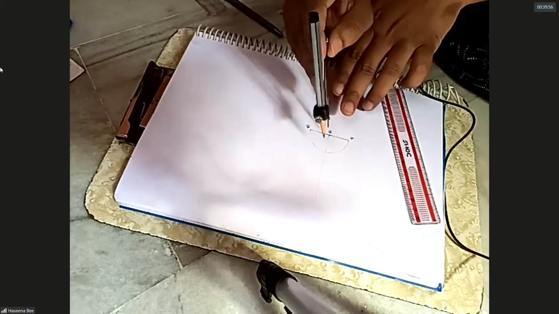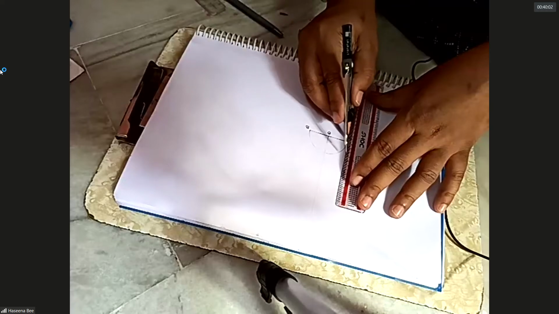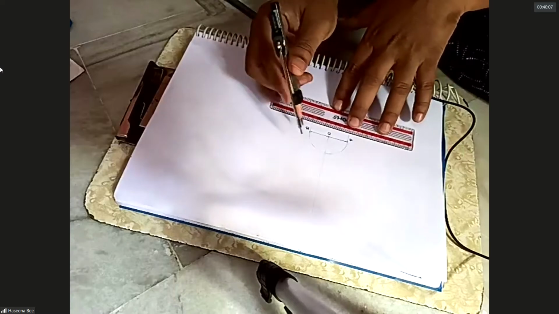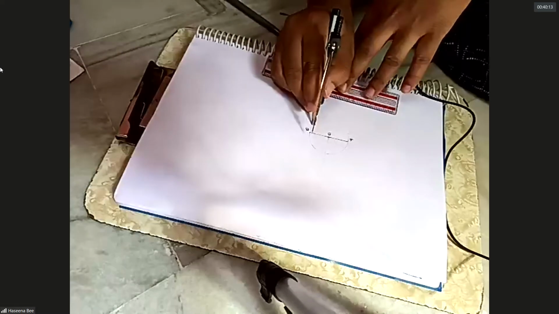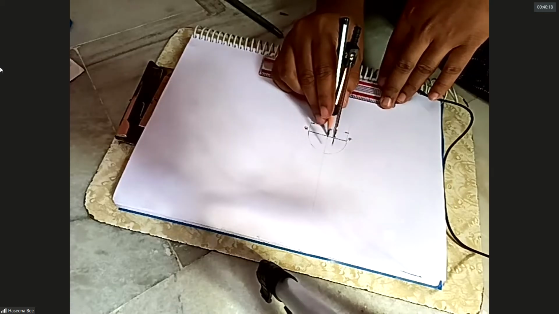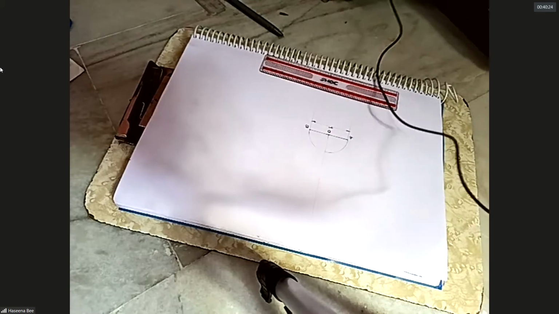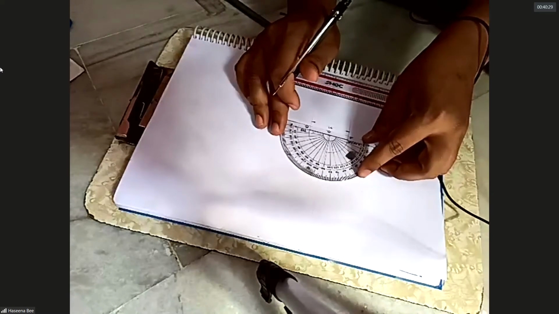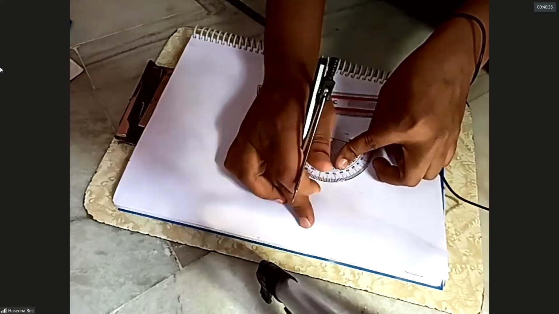What we did here? First we need to draw AB, which is equal to 40. So I will take a dimension line and draw the side length equal to 40. After that I'll mark the midpoint. From there I'll draw a perpendicular line. To find the exact perpendicular line, you can even use your protractor. From the middle point, you can check. It should be exactly a 90 degrees line.